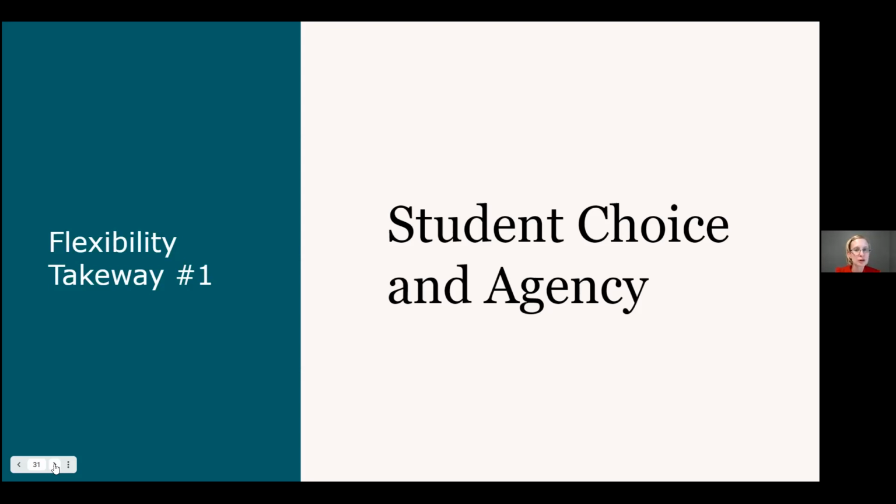So when we're thinking about student choice and agency, we've talked a little bit about compassion early on, in that first reflection question. But students are indicating that they need a little agency. They want to have a little choice, a little say in their studies, a little say in their academic experience. And so we can ask students for input on collaboration, on communication and delivery. We can ask them about their personal goals for the course, some of the content, classroom policies, or even about